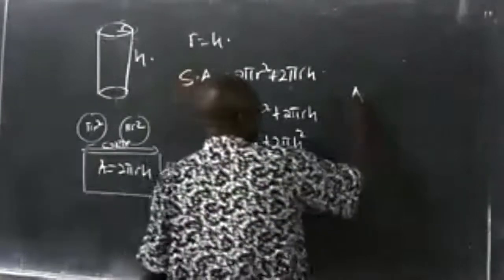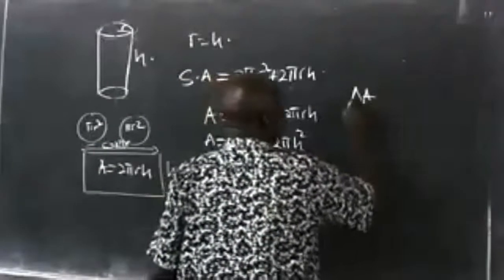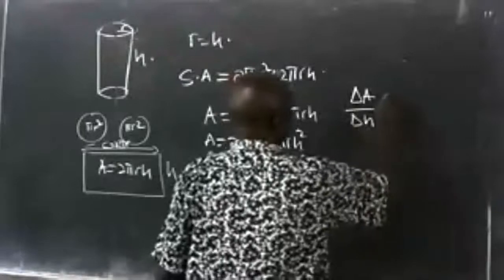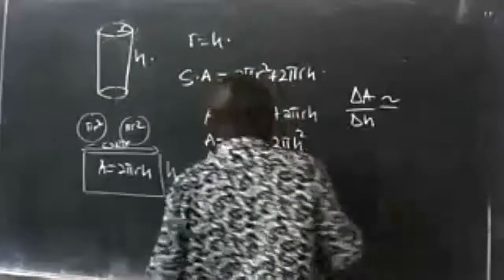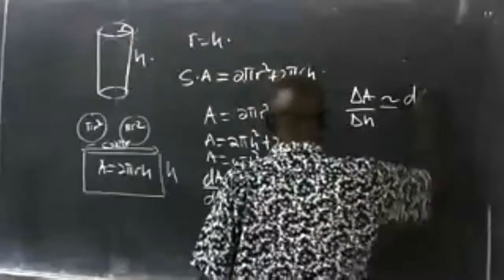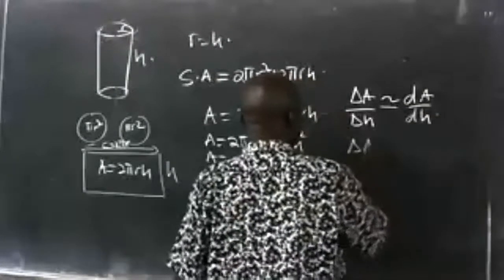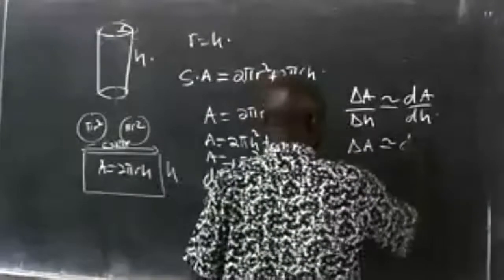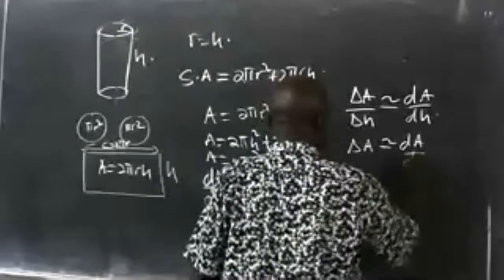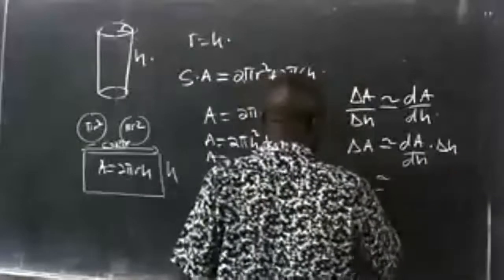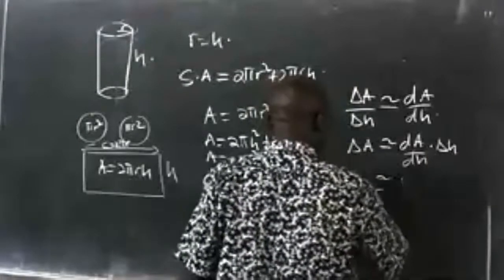For small changes, delta A over delta h is approximately equal to dA/dh. So delta A is approximately equal to dA/dh times delta h. So we are having here 8 pi h times